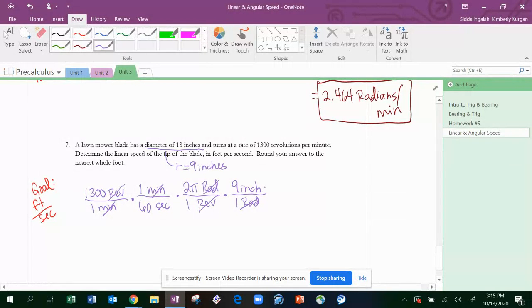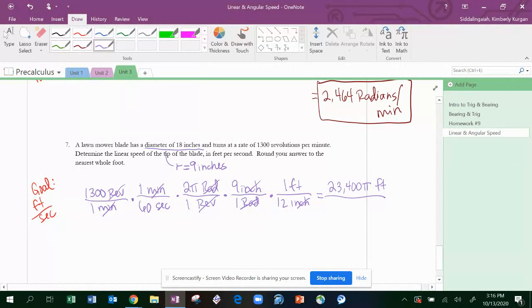So if I look at the labels that are left, I'm in inches per second, and I want feet per second. So I'm going to have to get rid of inches. So 12 inches is the same thing as 1 foot, and now I'm in feet per second. Okay, so let's multiply across, and I know it says round to the nearest foot. So our numerator is that 1,300 times 1 times 2 pi times 9 times 1. So that's 23,400 pi feet